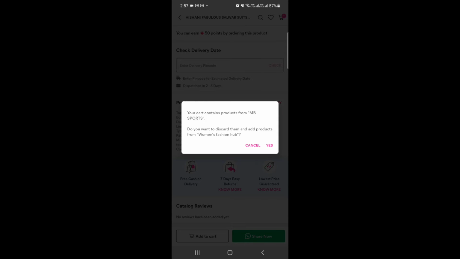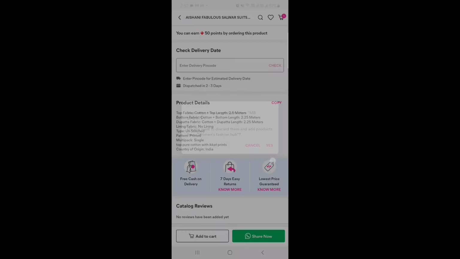So you can see here, as one item, another item was already there in my cart. It is giving a pop-up asking whether you want to remove that item or not. So if you want to remove that item and put this item in your cart instead, you will have to select yes.